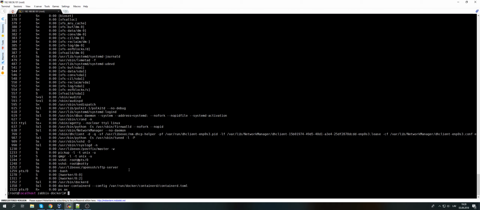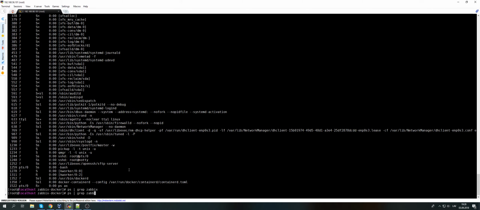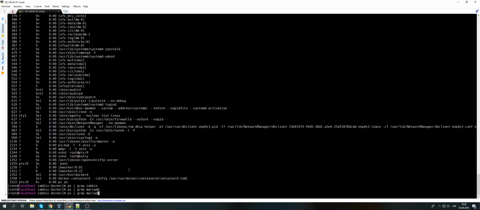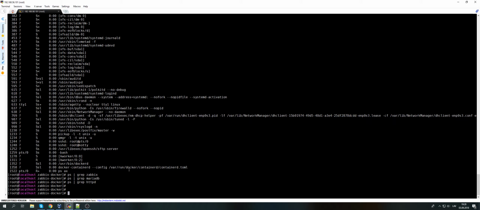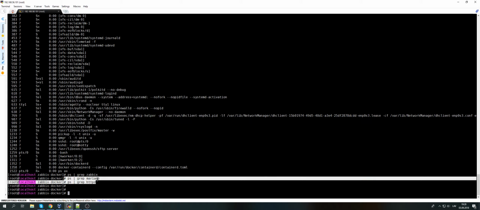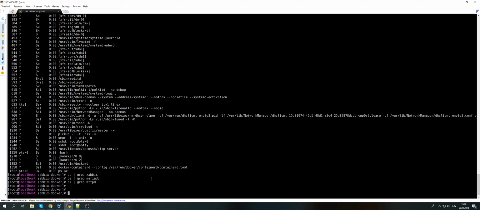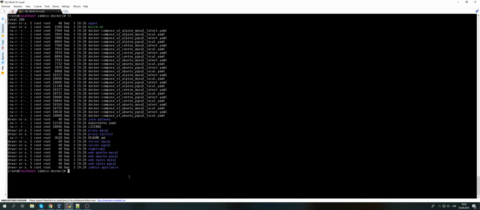Maybe I already have some Zabbix running. ps, grep Zabbix, nope. MariaDB, nope. And httpd, nope. So just make sure that you don't have any existing local Zabbix database or web engine installations running locally, because otherwise when you try to deploy a container it will fail, because again the listening port is already used by your local installation. So right now it looks like I don't have anything up and running,